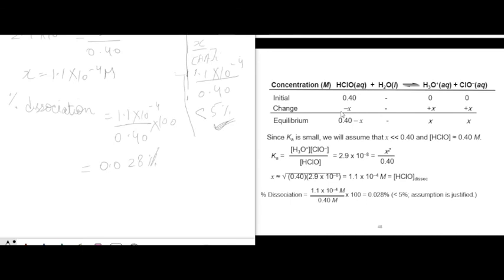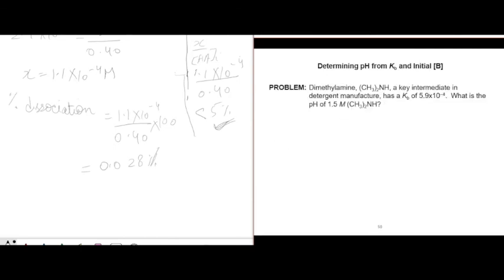All right. For part B, it's essentially just a different concentration. So I'll let you guys try that example yourself, and we'll move on to the next question, which is